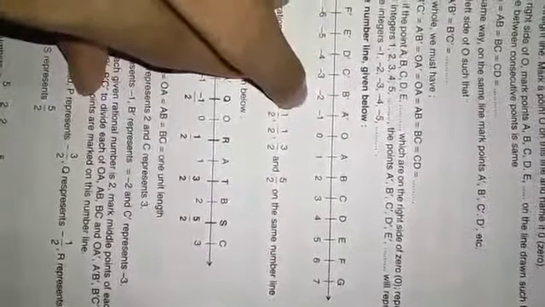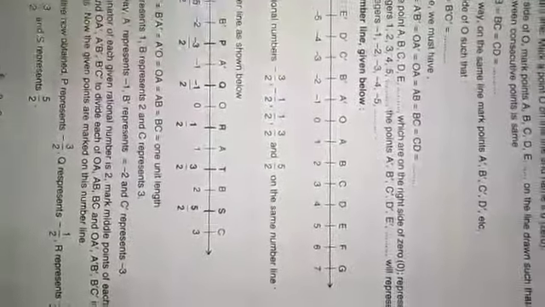The points A, B, C, D, E, F, G on the right hand side from the point O represent the positive numbers. That means the point A represents 1, B represents 2, C represents 3, D represents 4. The points on the left hand side of O, that means A prime, B prime, C prime, D prime, represent the negative integers, that means -1, -2, -3. A prime represents -1, B prime represents -2, C prime represents -3, right? Okay, so now